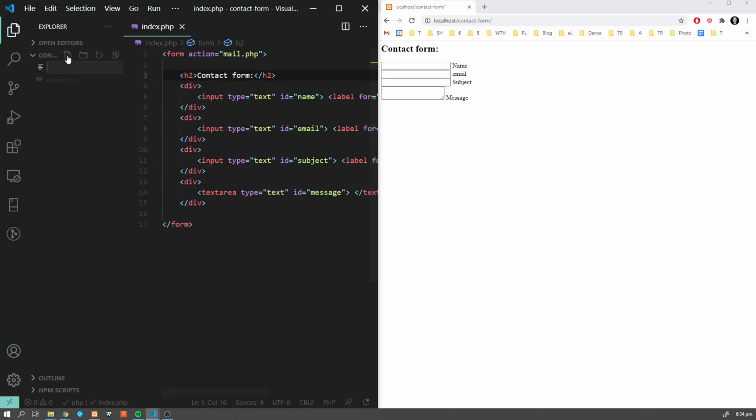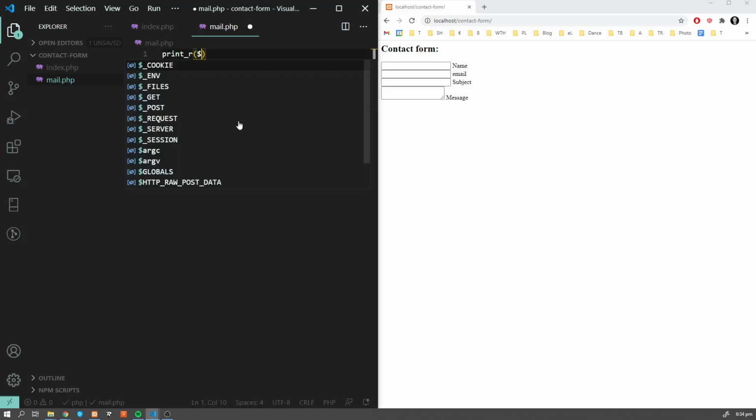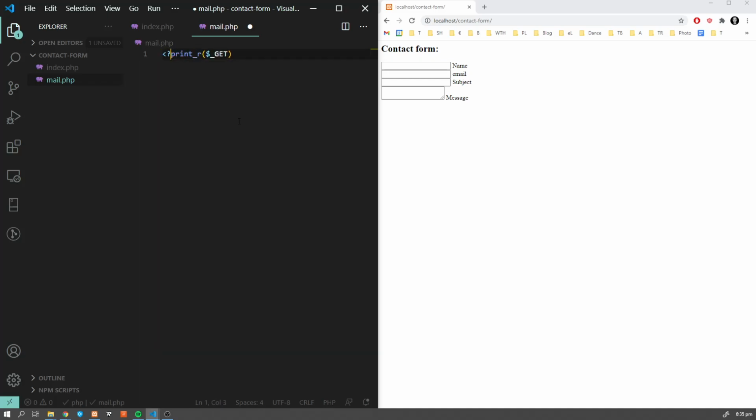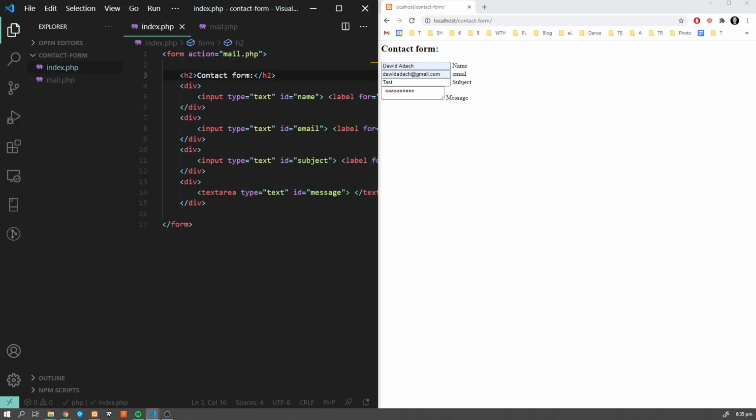I'm going to create a new file here, mail.php. Let's first see what values we are getting. So I'm going to print it, and let's fill our form. We have some name, email, some subject and message. Oh, we missed the submit button.